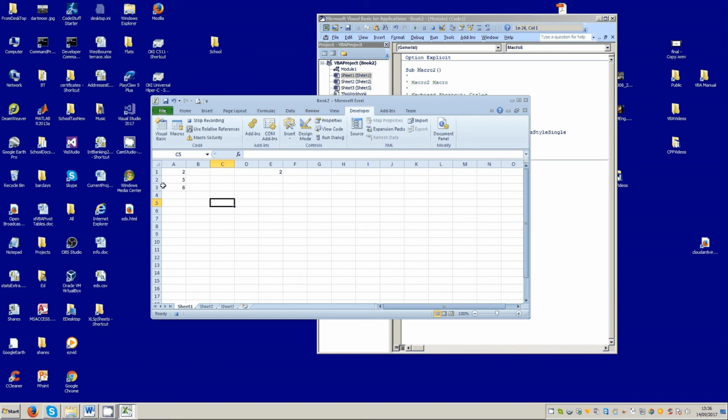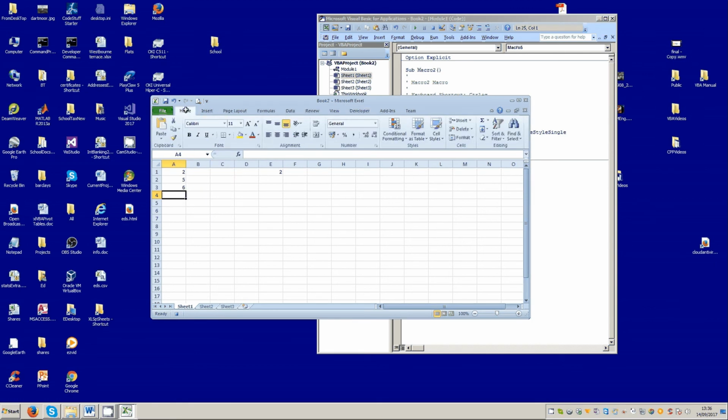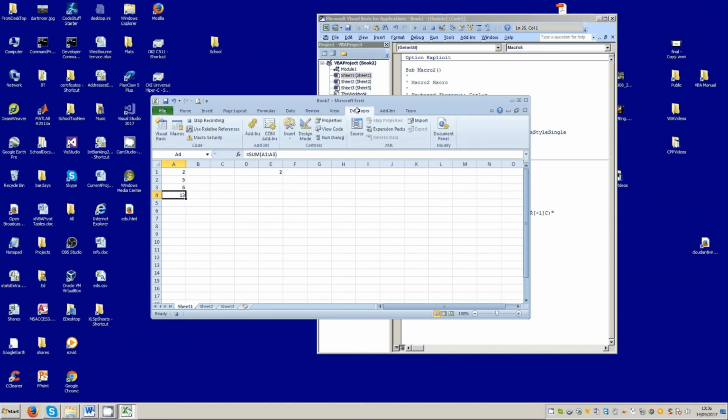Now it's listening to me, as you can see where it says stop recording. So what I'm going to do is to click here and then go to the A to Z, there we are, the sigma, and just add them up, and I'll click that again, and that adds them up, and that's all I want to do. But I want to stop the macro from recording, which is here,